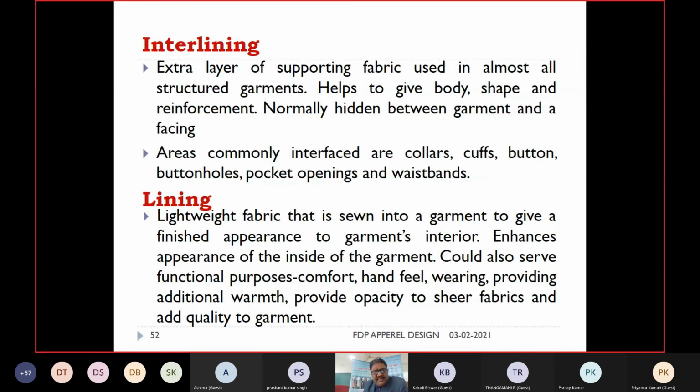These fusibles are essential to keep the material in a particular shape, and also facilitate the function of the garments.